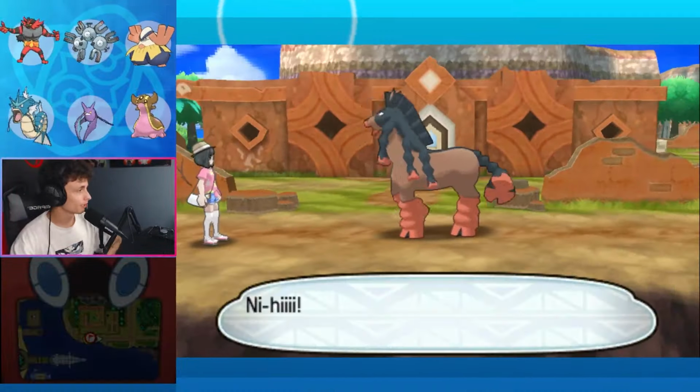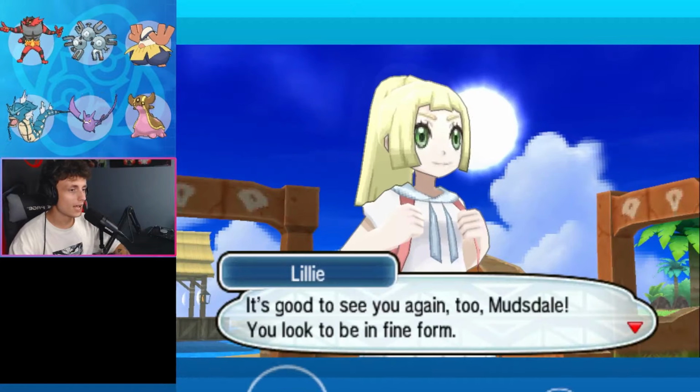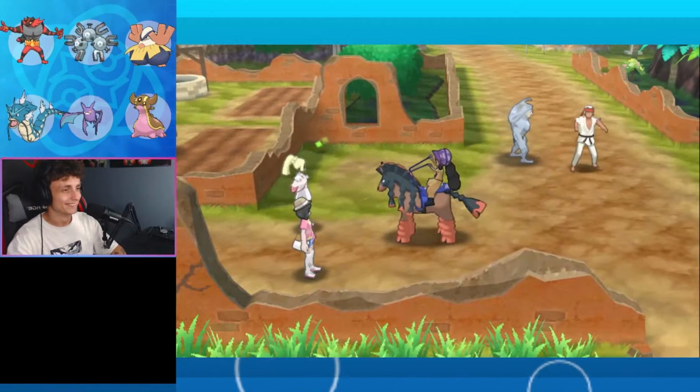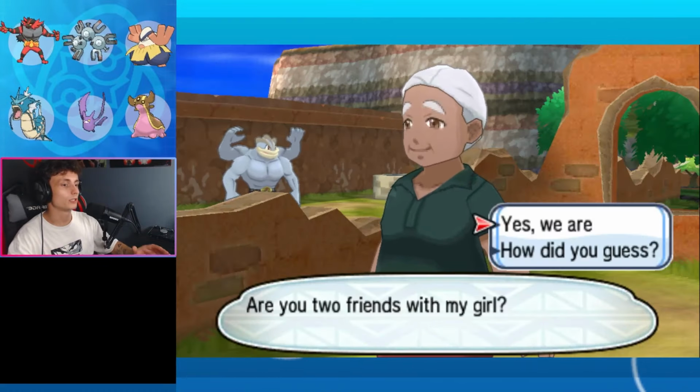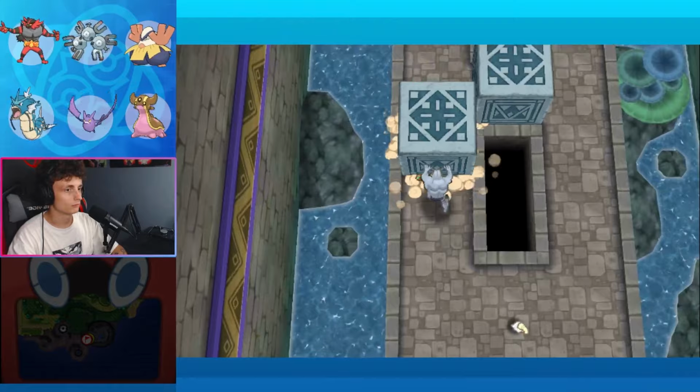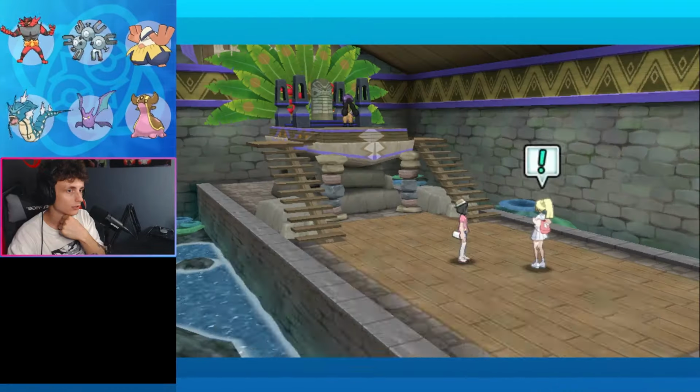We make it to the Ancient Poni Path, and speak of the devil, we come across Mudsdale. Not too long after, Hapu shows her face. We all plan to go to the ruins, and Hapu rides her horse for the first time. Before we head to the ruins, we meet Hapu's parents, who give us a Ride Pager from Machamp. We step foot into the Ruins of Hope, and with Machamp, we complete a few puzzles and find Hapu being